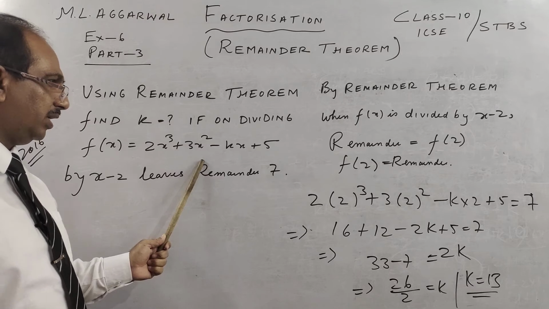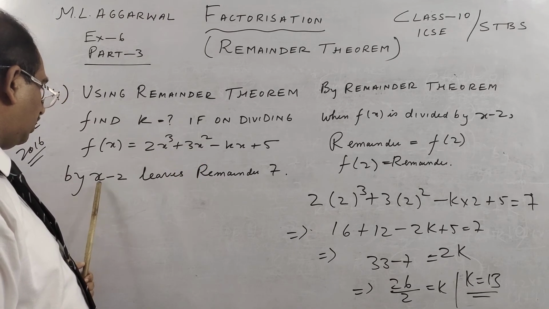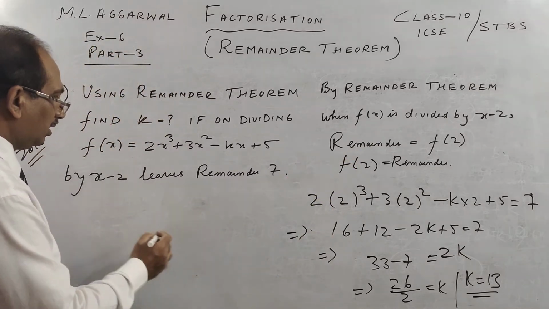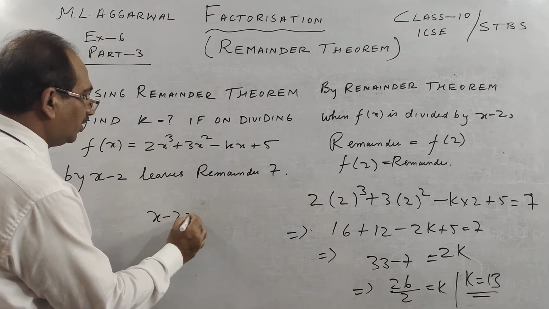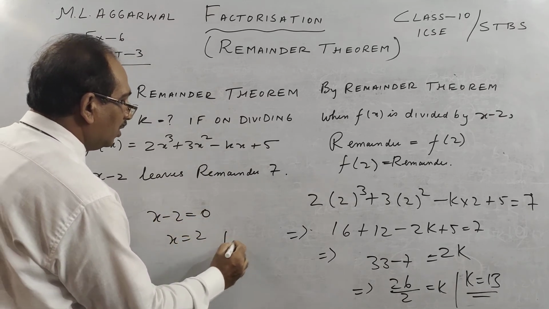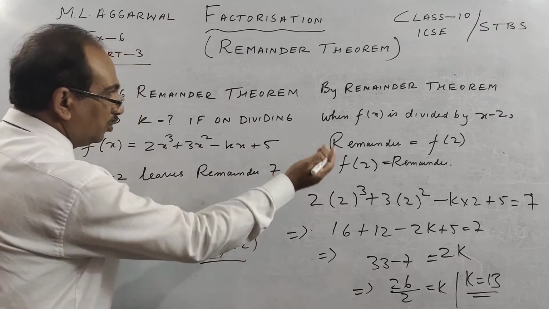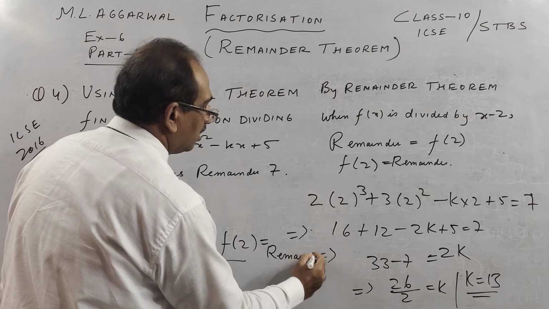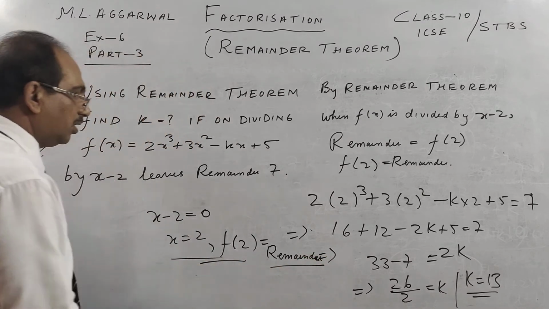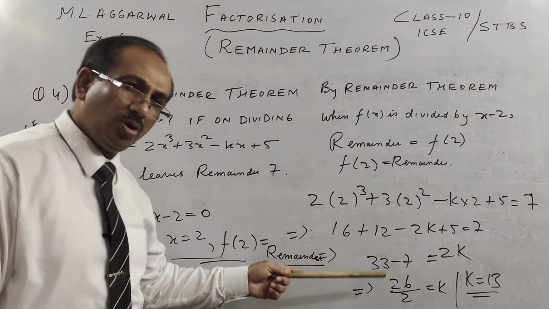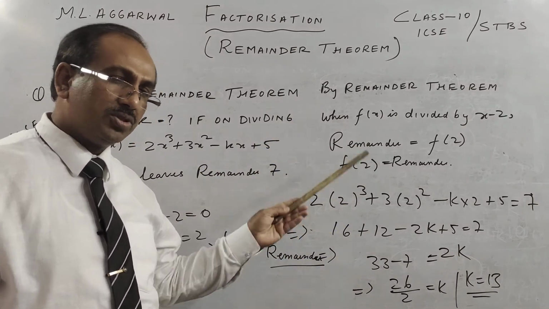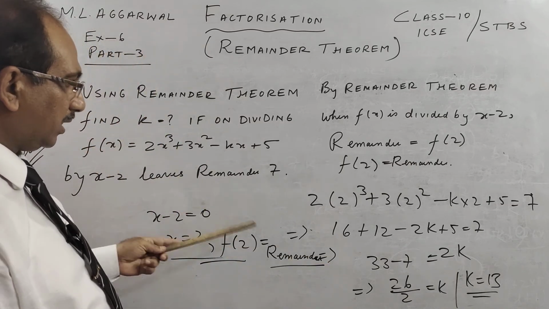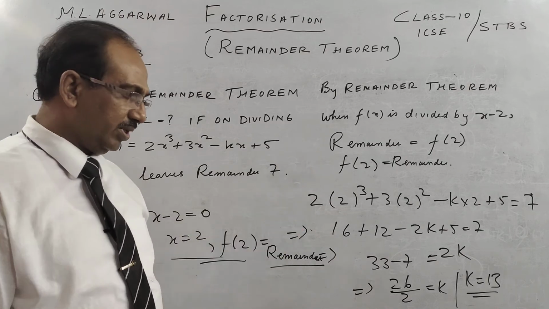So f(x) is given, we have to divide it by x minus 2 and the remainder is 7. So put x equal to 2. One easy way many people generally do is they put x minus 2 equal to 0 and get 2, then put f(2) equal to the remainder. But when you see the remainder theorem and the solved examples, you will understand this is more logical. You must see ML Agrawal's solved examples of remainder theorem and factor theorem to understand. This shortcut I told in the previous question also.